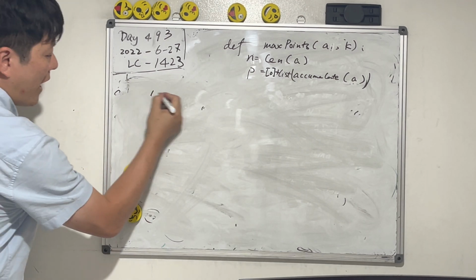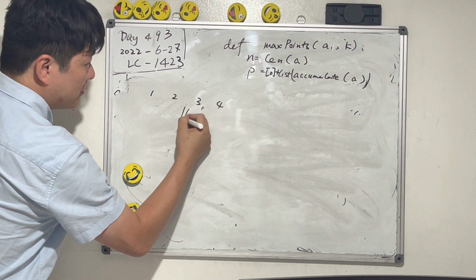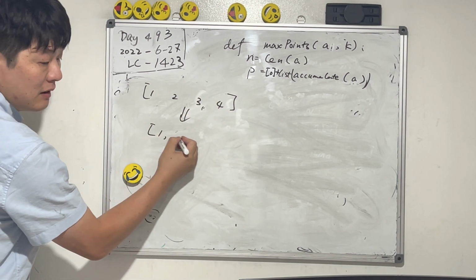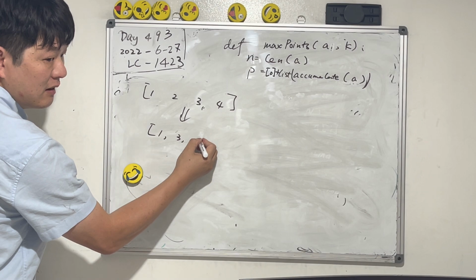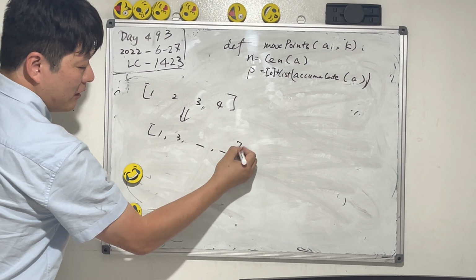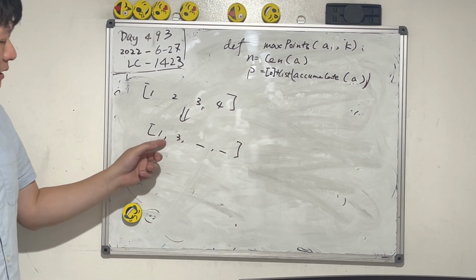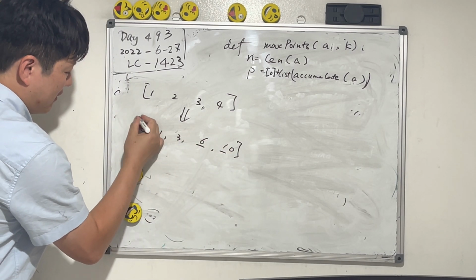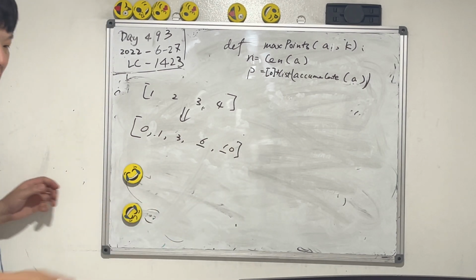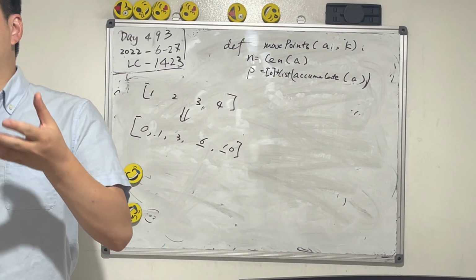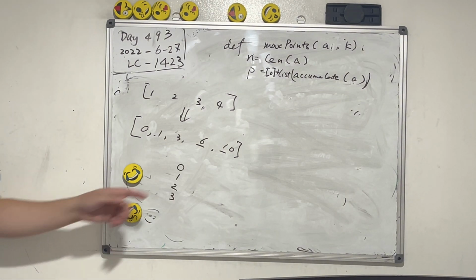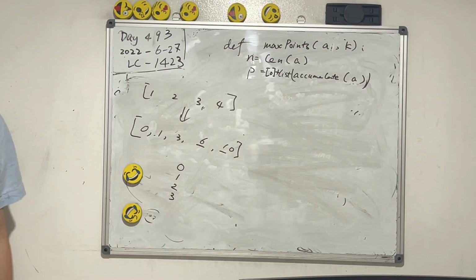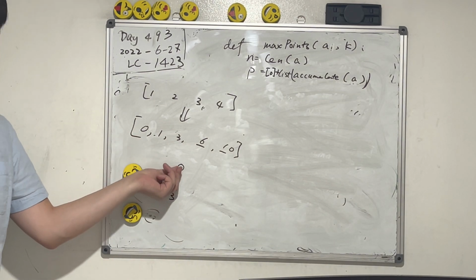Look, 1, 2, 3, 4, right? When we do this accumulate, you become what? 1, 3, 6, 10. Okay, we're done. I want to put a 0 at the beginning because we want to pick k numbers. As I said, there are k plus 1 choices. So I put a 0, which means if I pick nothing from the beginning,